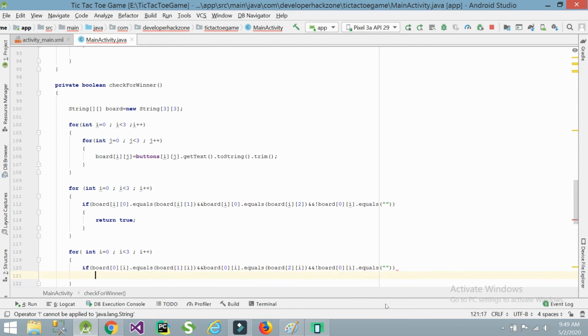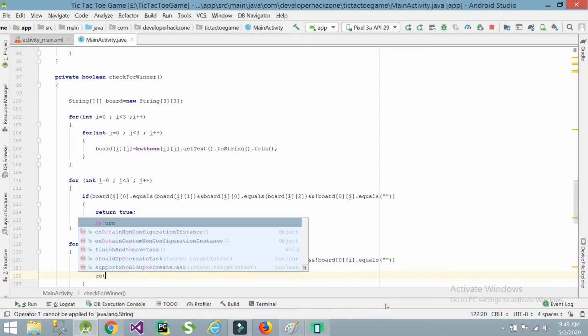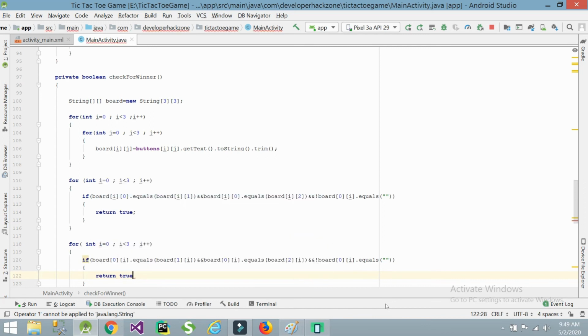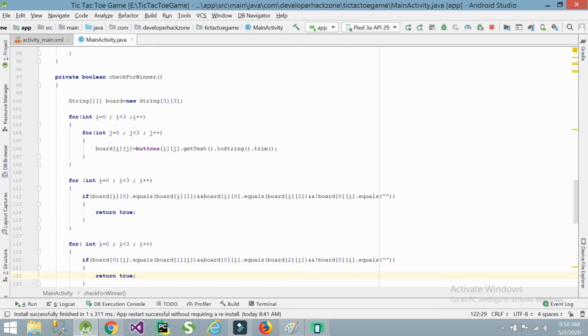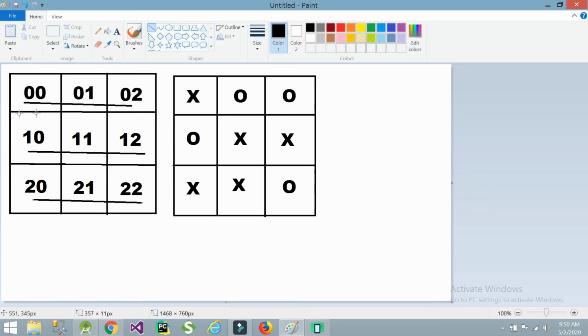If it is not empty, then also return true, because here the initial value is 0 and i value is 1. 0 0 dot equals of 1 0. So it was checking 0 0 and 1 0 from the vertical side, and again checking 0 0 dot equals of 2 0. Same like that it will execute.